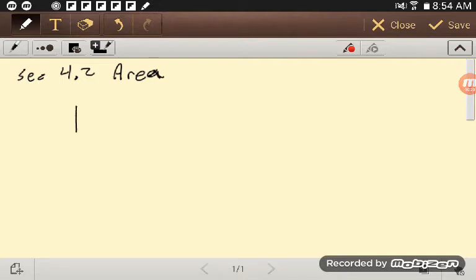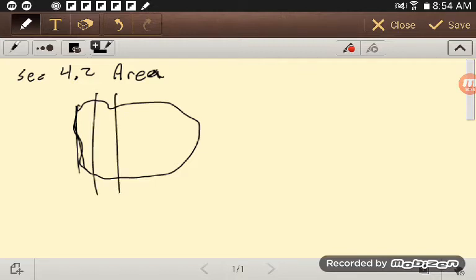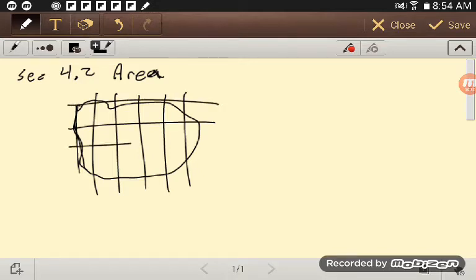And so suppose we'll just draw some area like this. Suppose I want to find that area. Well, what I could do is approximate it simply by putting it on a grid. One way to approximate this area would be, suppose each of these squares here is 1 square unit,